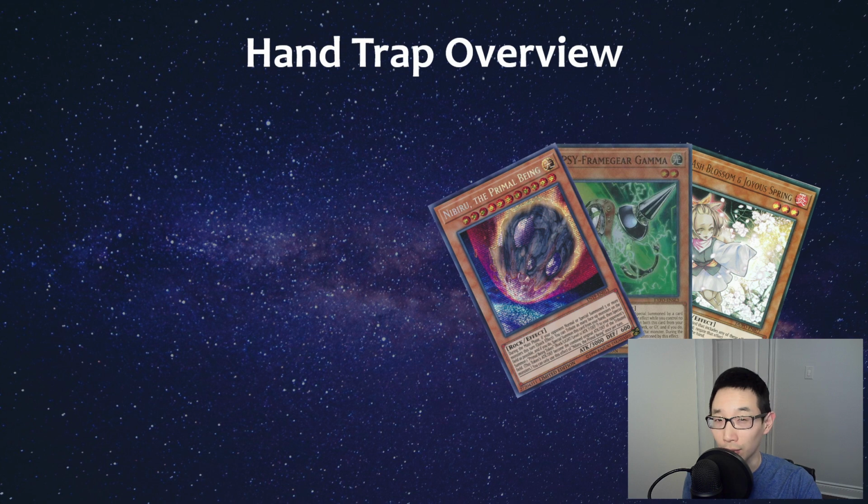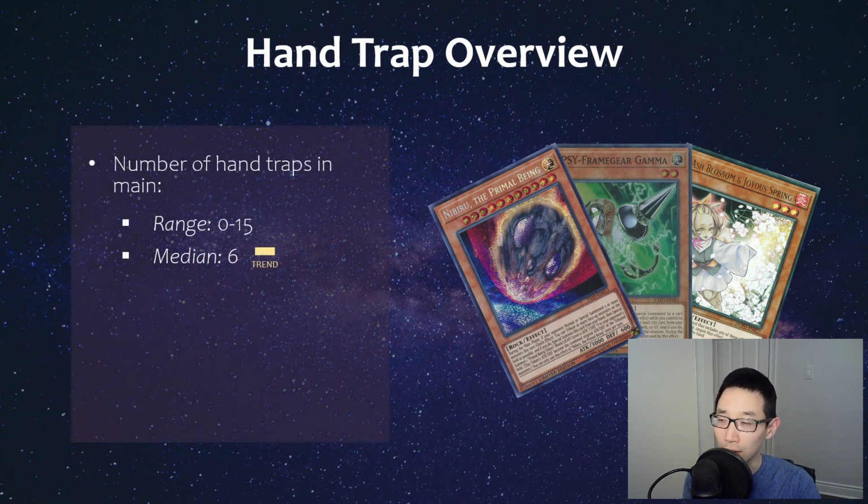So in terms of the hand trap overview among these 56 topping lists that I found, in terms of the range of hand traps in the main deck, 0 to 15 with a median of 6, this is actually just around the same as the last time I did this, which was YCS Peru, not that long ago really. And if you're also interested in a historical trend of the hand traps being played, you can certainly check out one of my recent videos. I do a breakdown of some of the most played hand traps and how they were played over the history